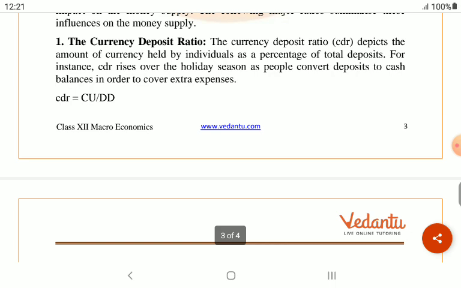For instance, CDR rises over the holiday seasons as people convert deposits to cash balances in order to cover extra expenses. Which means in holidays people spend more money, so that's why there are extra expenses they will take. That is, CDR is equal to CU by DD. This formula is used for the currency deposit ratio. Next is